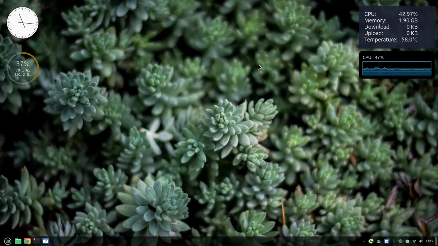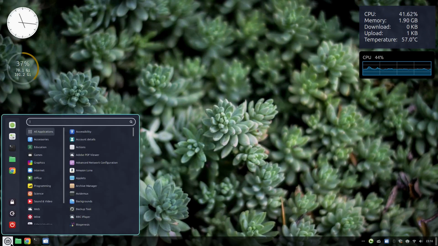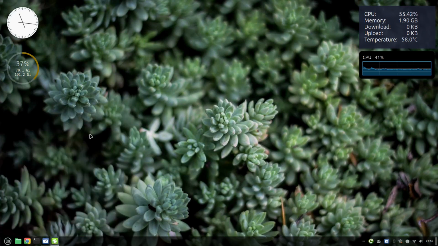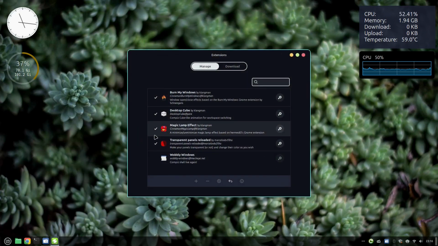The next thing I'm going to show you is extensions. So if I go to the Linux Mint menu and type in extensions, and these are the things that give you a decoration on your screen. So you can see I've got these 5 installed. So what I'm going to do is I'm going to